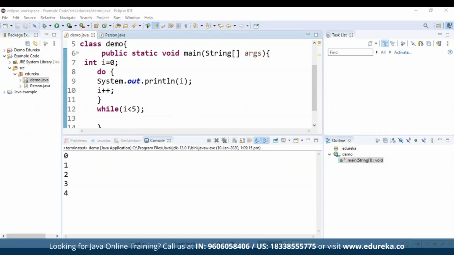Now for the do while loop, do not forget to increase the variable used in the condition, otherwise the loop will never end. So this was about different types of loops in Java,